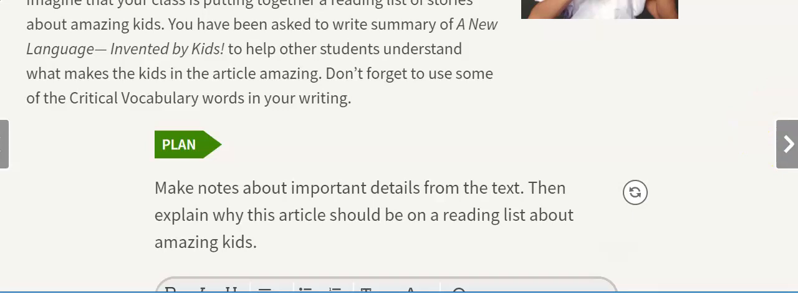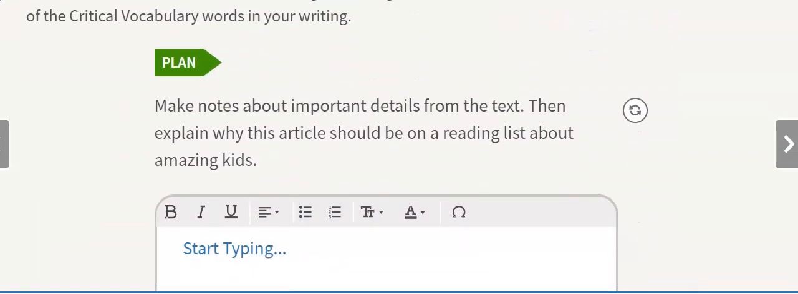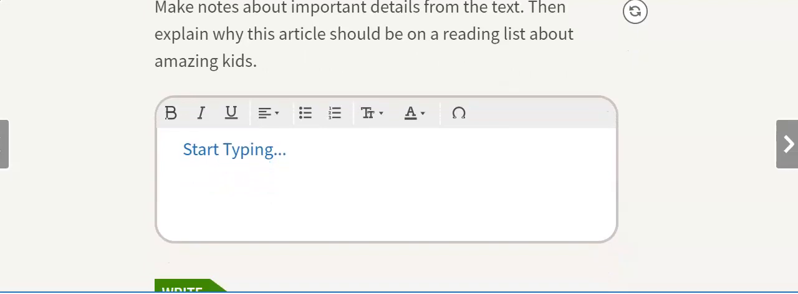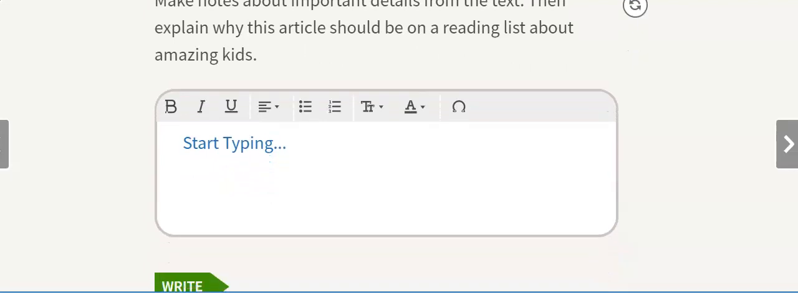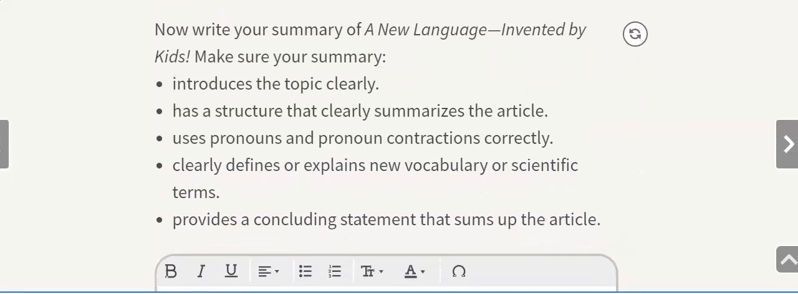So, first, you use your prompt, then you plan. Make notes about important details from the text. Then explain why the article should be on a reading list about amazing kids. Then your next step is to write. Now, write your summary of A New Language Invented by Kids. Make sure your summary